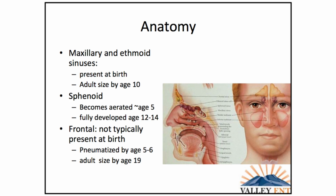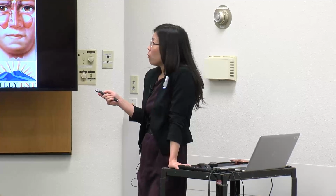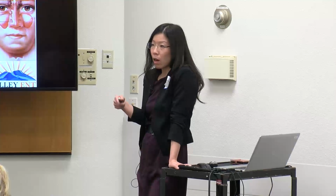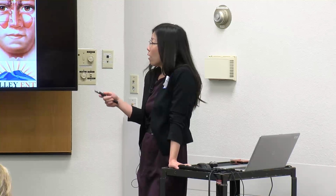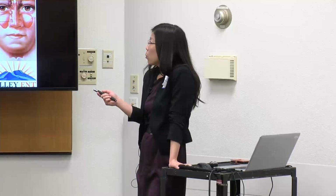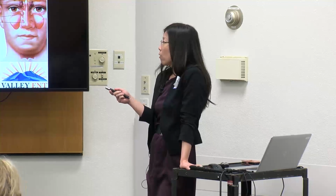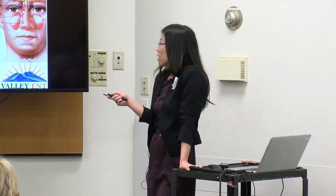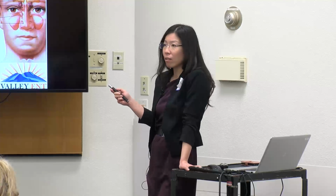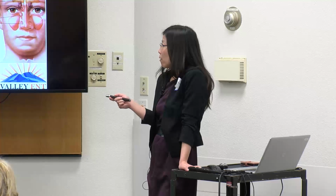The things to remember is that in kids, the maxillary and ethmoid sinuses are the most developed at birth, and so they're the ones most relevant in younger kids. The sphenoids start to become imageable by around age 3 to 5, and don't get fully developed until about early adolescence. The frontal sinuses aren't typically present at birth, and they start to become aerated around 5 or 6, and then reach adult size by about late